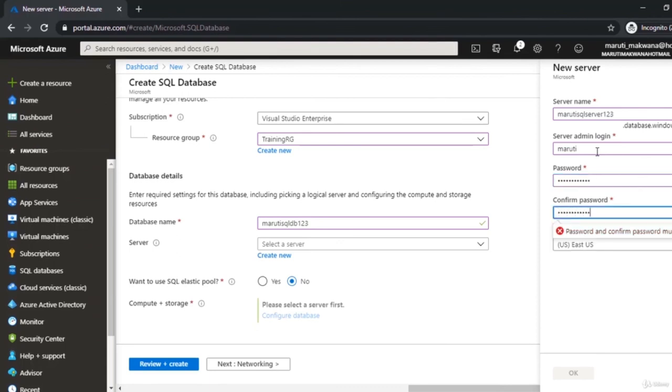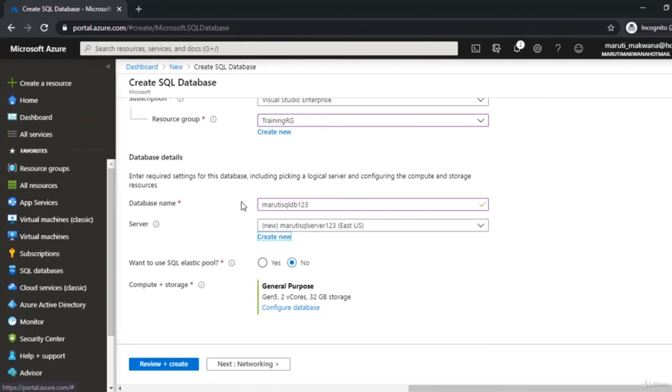which should follow certain rules, so we are following that. Which location do I have to choose for this? Let's say I am choosing East US only, and I'm going to click on OK. It's going to show me that I am creating one new database and a SQL Server in this. Do I need an elastic pool right now? No, I do not want that.